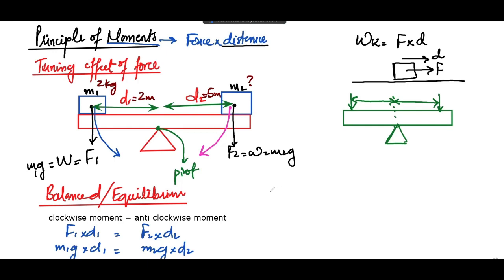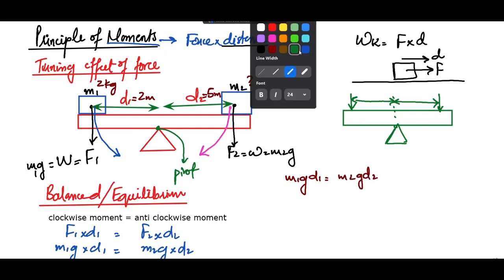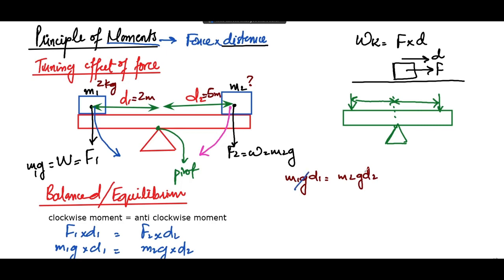So what would you have done? Simply apply the formula, that is m1g d1 equals m2g d2. One interesting thing about this is that the value of g can be cancelled out. It is not required for this question. Why? Because the whole system exists on the same planet. So whatever mass, whatever force it is exerting, that would have the same value of g for both sides. So we are only left with mass into d. That would become 2 into 2 equals to,